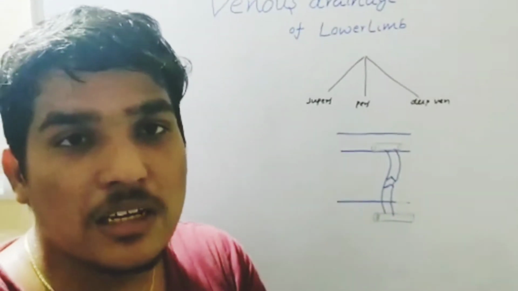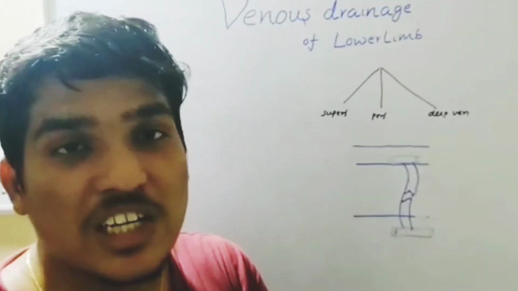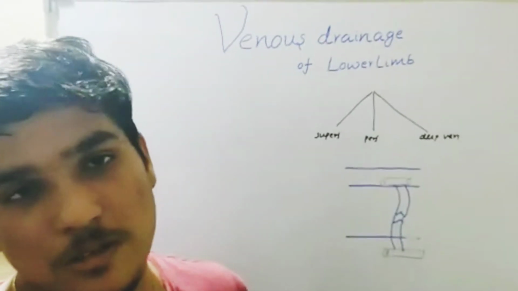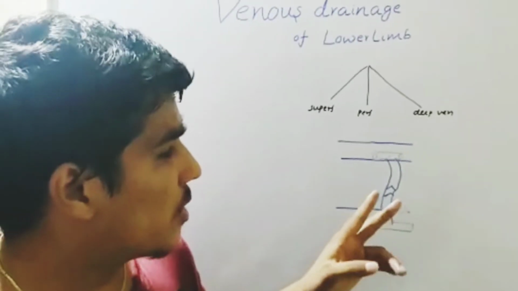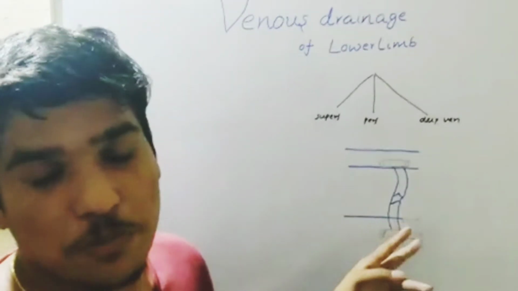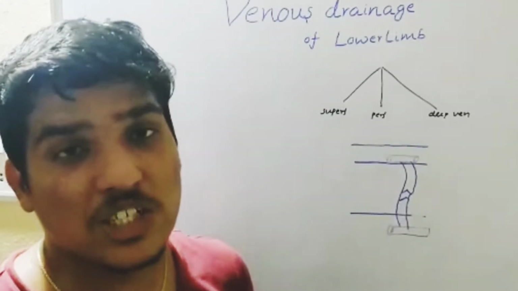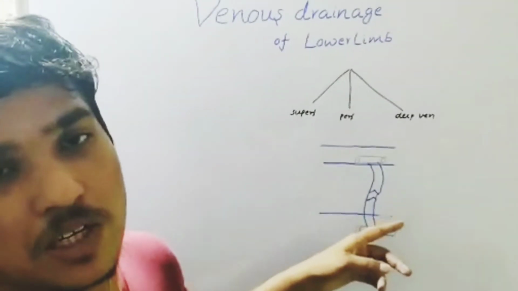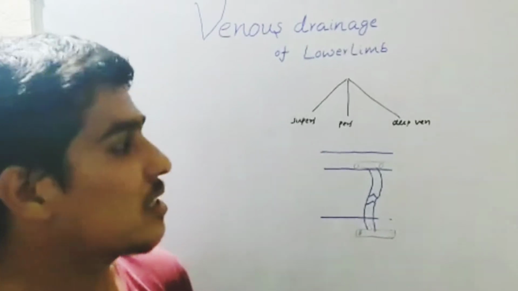Now there will be blood accumulation in the superficial veins, and it is going to lead to a condition known as engorgement of the superficial veins, or varicose veins. So friends, what you should remember about the perforating system are two points: it pierces the deep fascia and it has valves. These valves are essential for unidirectional movement, that is from superficial to deep. If these are absent, the blood flows from deep to superficial and there will be clinical significance.